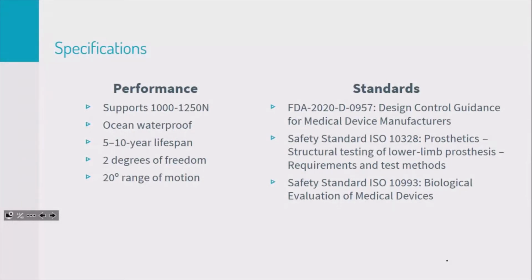For the specifications of our detailed design, we wanted to make sure our prosthetic can withstand loads of 1,000 newtons and hopefully 1,250 newtons. This corresponds to a person weighing about 100 to 127 kilograms, which is a lot, but we wanted to make sure the prosthesis is not going to collapse under anybody's weight. Also, we wanted to make sure it's ocean waterproof. This prosthetic is meant to be mainly in the water, so it's important that every material is durable